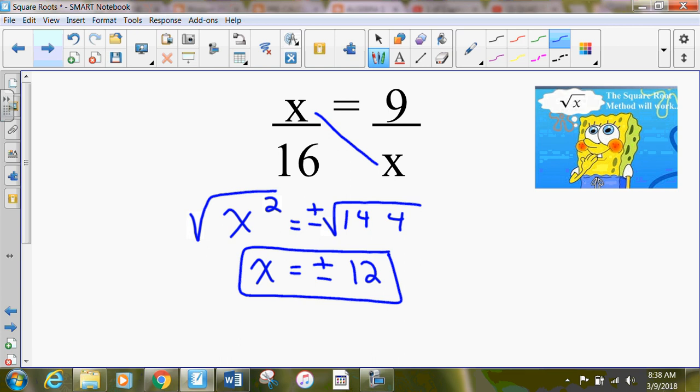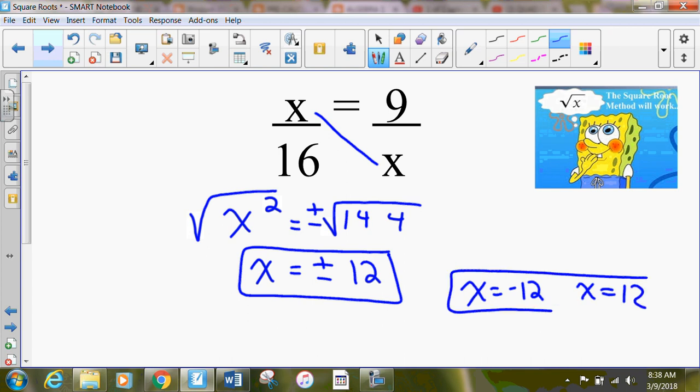You could also, by the way, write this as x could equal negative 12 or x could equal positive 12. That shows you more distinctly that we have two answers. But keep on writing it